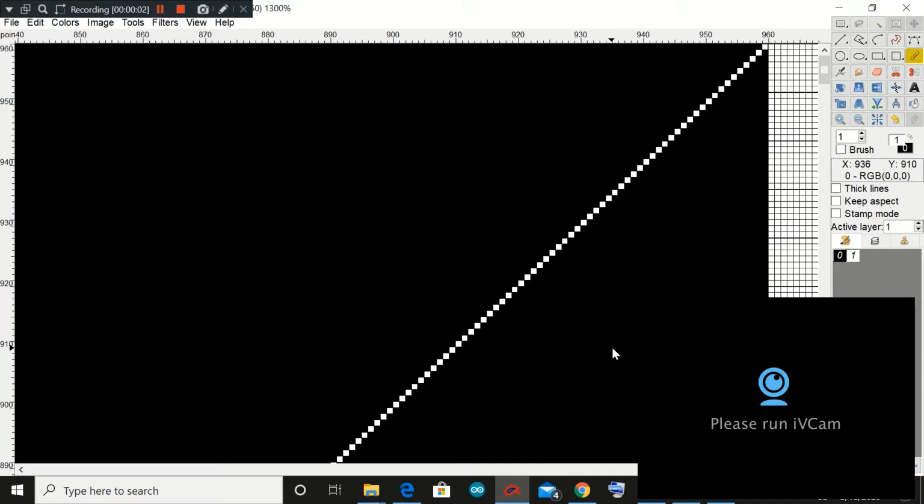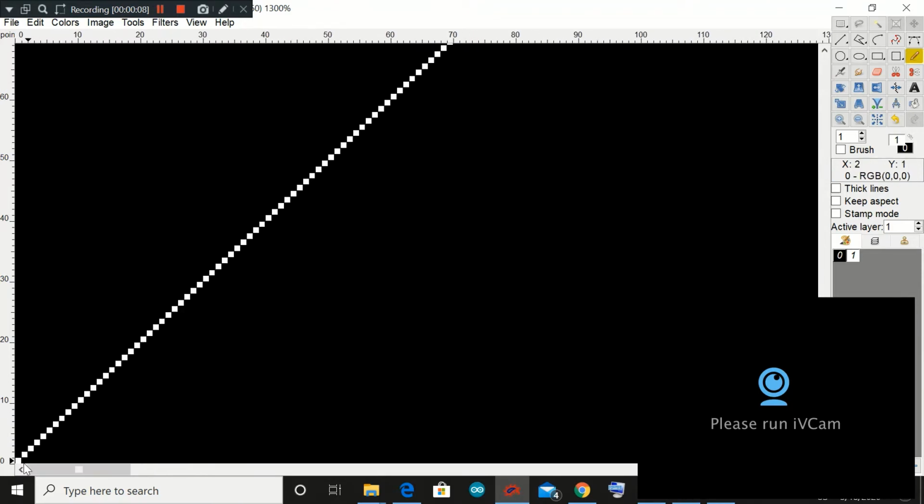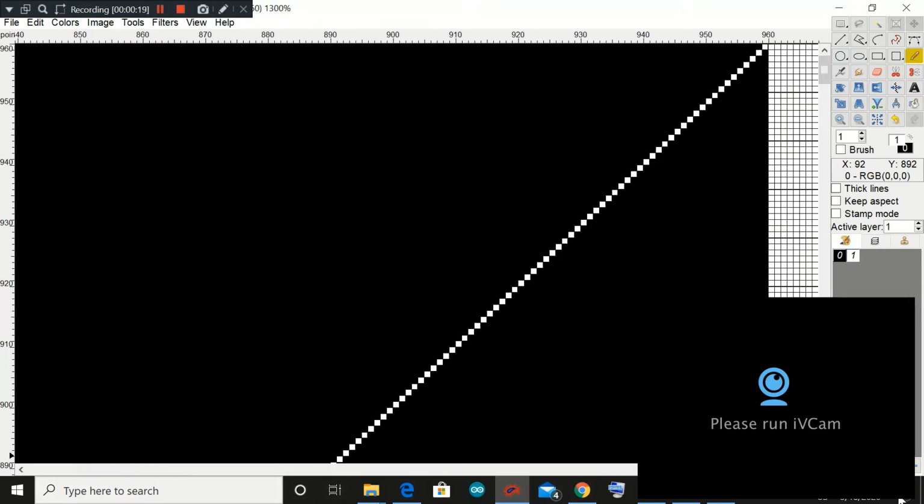For finding the first hook in the jacquard, you need to make a file like this. A file of a single line. See, this is the first pixel, this is the second pixel. One line you will have to make like this, or you can tell your designer to make the file like this. So the area in which data is there is 960 by 960.